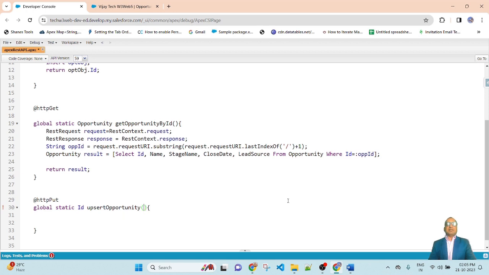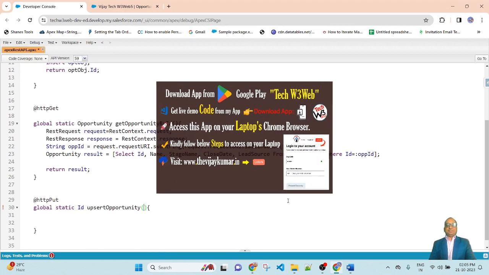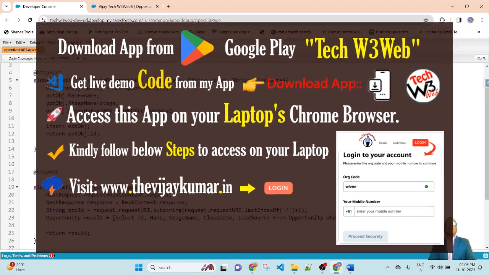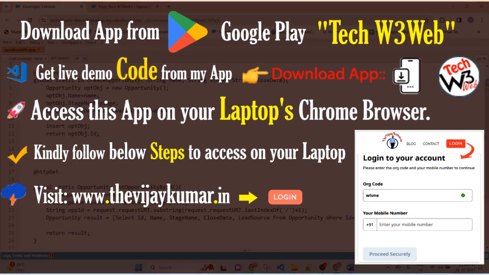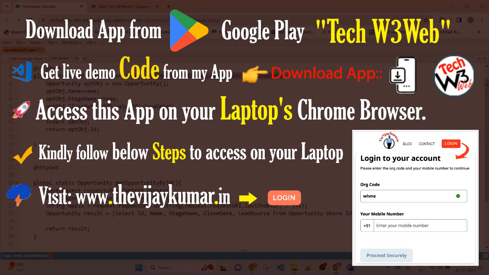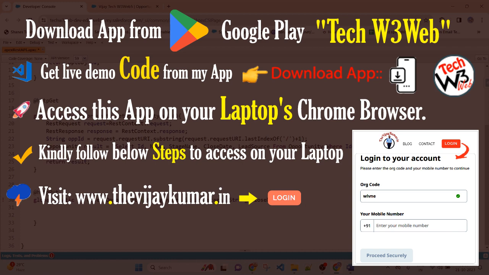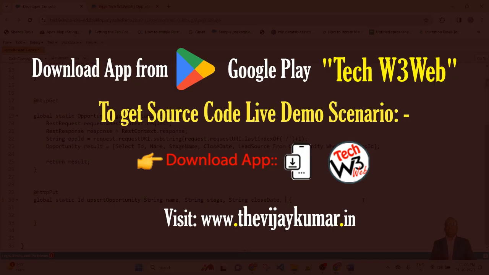Here I will be updating a record based on record ID. So here we will pass the parameters name, stage name, date and ID. In the previous lesson, I already defined name, stage and close date. Copy the parameters from here and pass them here. Here I will be using ID because I will update the record based on record ID. So I will pass another parameter, that is String id. Here I will pass the name of the field and value. The value will come dynamically from Workbench.